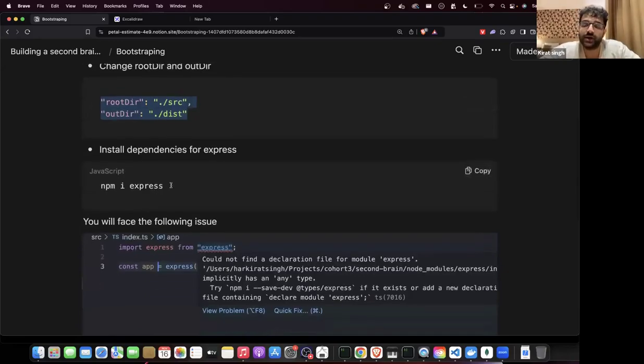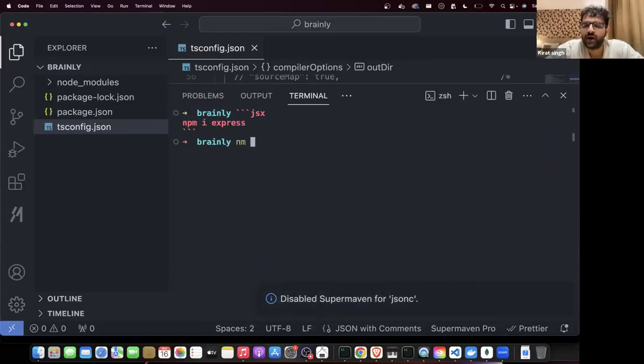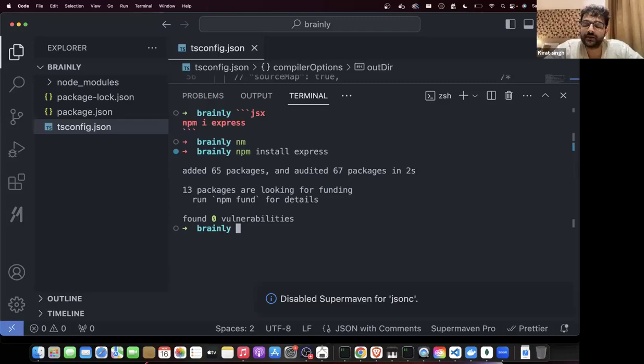Then comes the part of installing dependencies. We are creating an HTTP server. So we would introduce dependencies like Express. That's our very famous HTTP server we have been using until now. So what is the next step? Install Express. And here comes the first challenge if you are introducing TypeScript in an Express application. आपको लगेगा सही है अभी तक. Install Express, everything looks good.